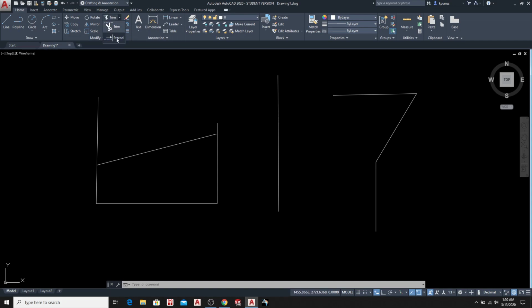But we have another option, that is extend. So in this tips and trick I will share with you how you can use these two options in a single go. I mean, you can switch between trim and extend in the same process. So for that, all you have to do is, suppose you have the drawing, you go to trim, then